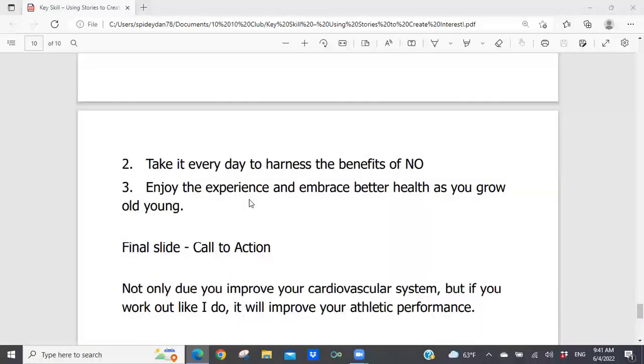Now, okay, not only does it improve your cardiovascular system, but if you work out like I do, it will improve your athletic performance. David, anything you want to share before we